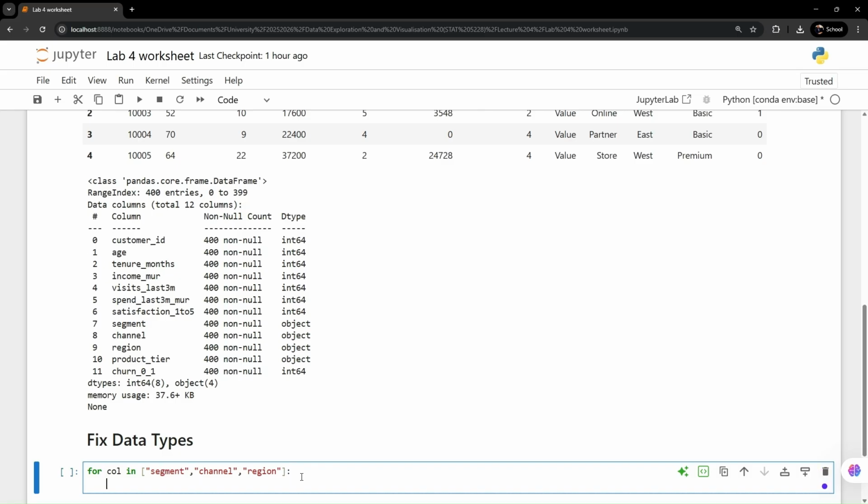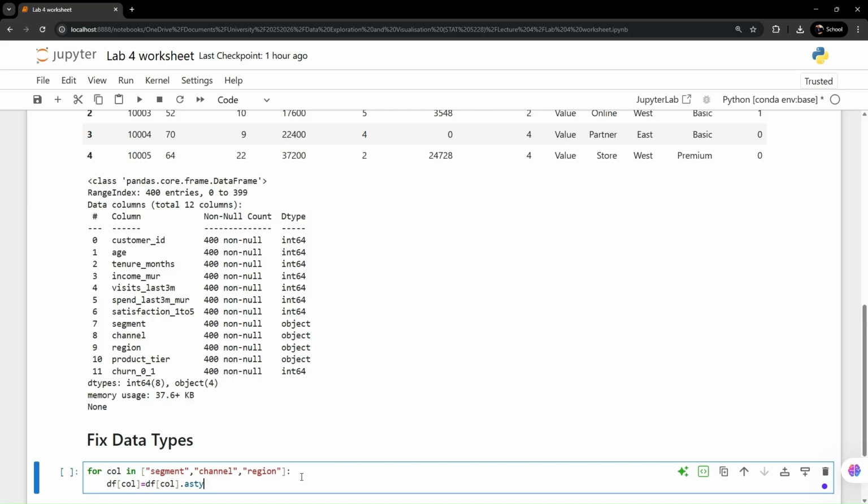If a column is segment, channel, or region, you say df of col equal to, we are overriding the current column. So df segment is going to be overridden by df col again,